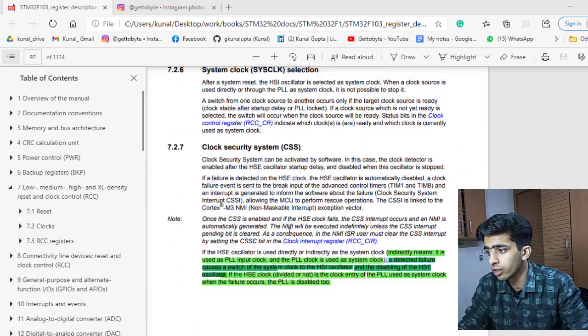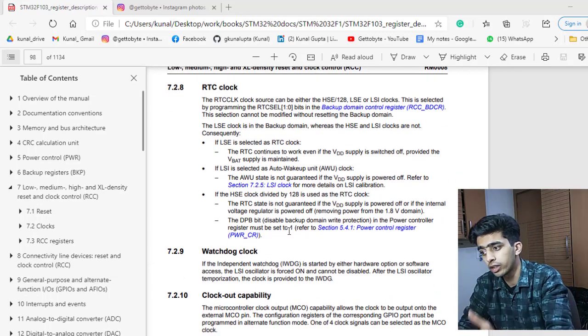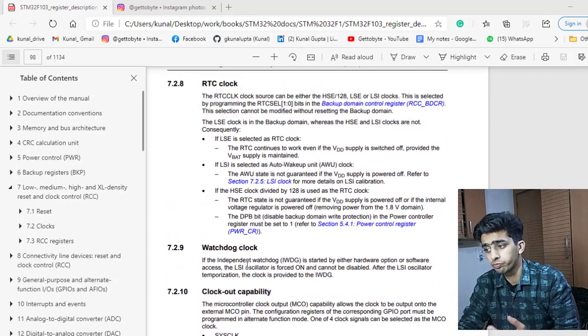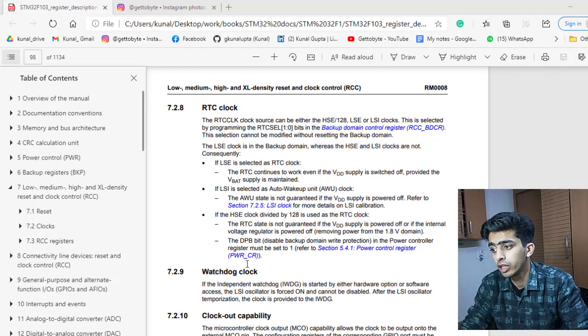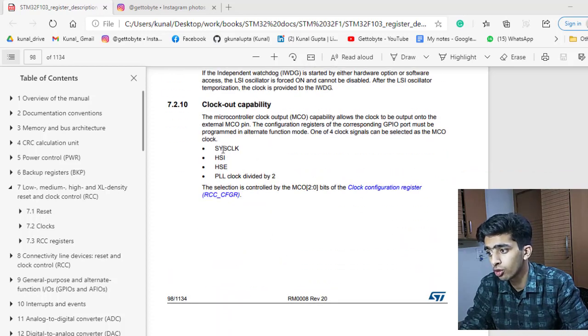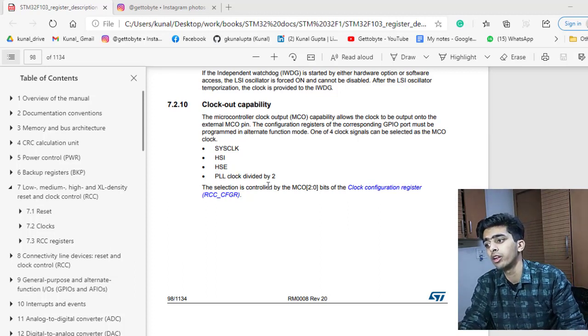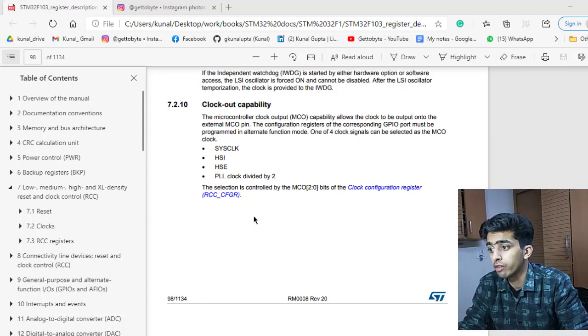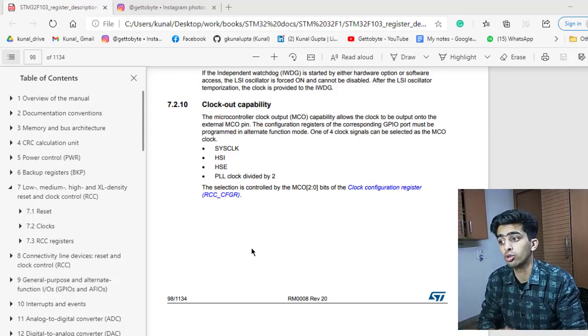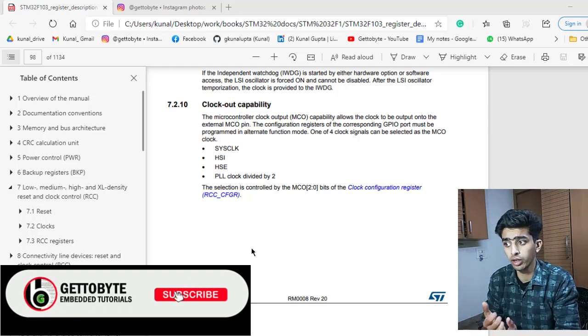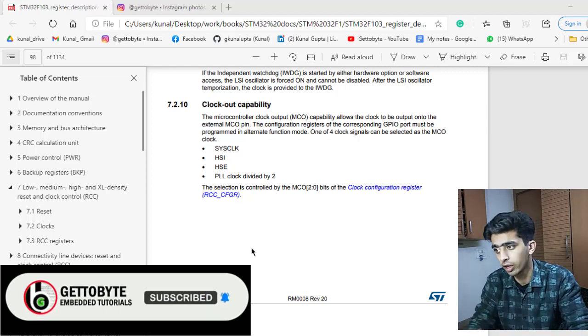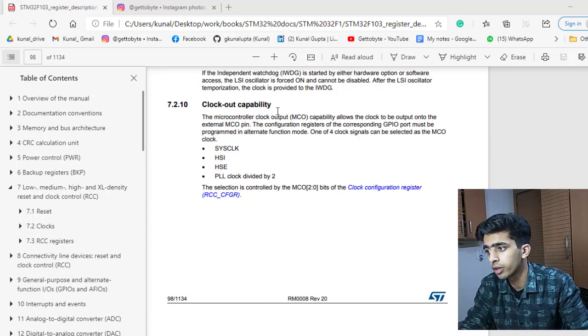So that's just it, and another thing is that there are different features. Now for the RTC and the watchdog, we have to power them from the LSE or LSI, the low speed internal or external clocks. And for the system clock, we will be powering from either HSI, HSE or the PLL clock, depending upon whether we have divided by 2 or 1. And we can output our clock source to a microcontroller pin for checking it via the oscilloscope, or for just viewing what exactly our microcontroller is operating at. That can be done by the clock out capability on the MCU pin. Okay, so that's it for now.